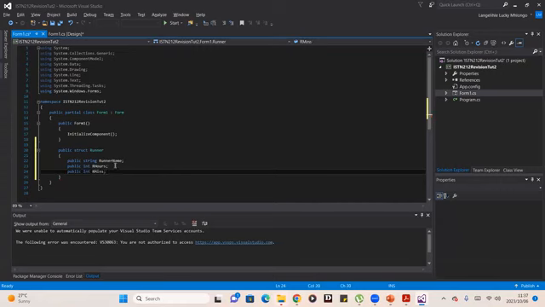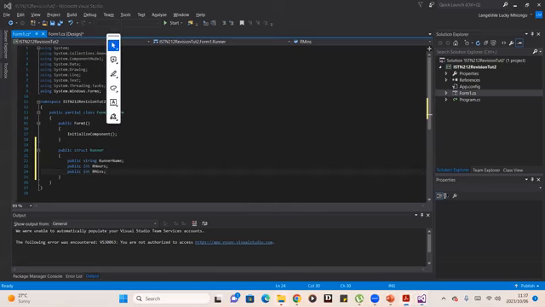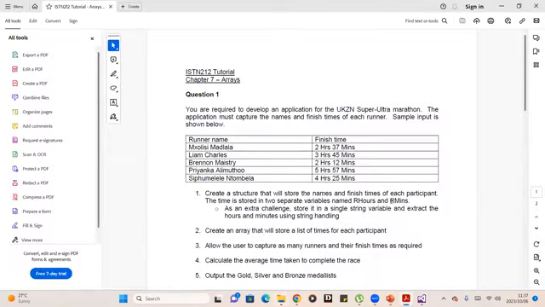All right, so these are the three attributes of the runner structure that we have here, and it was said here that we needed to have those fields or attributes. All right, so now that we've created the structure and its attributes,